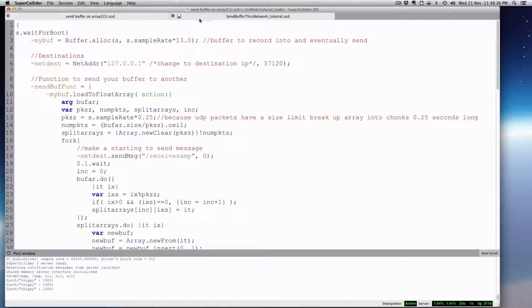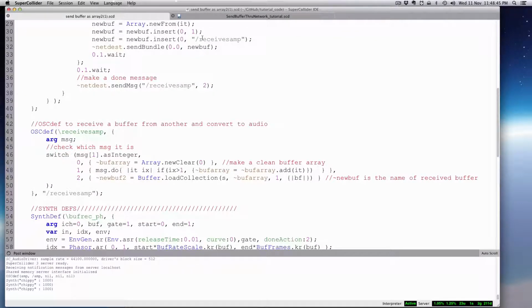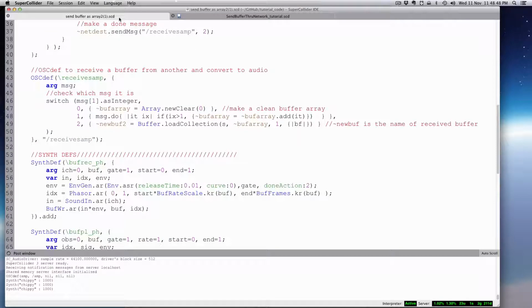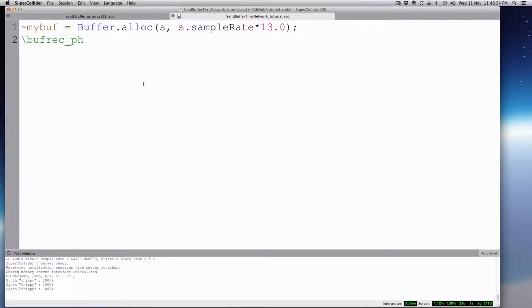Okay, and let's see, what's the next step? All right, all this destination stuff, but let's set up the sample player first. We'll make a SynthDef and call it buffRecord, with a phasor. Set up my basic structure. Okay, so that's our SynthDef, and in this case I'm going to use BufWr, buffer write. So let's go ahead and set that up,